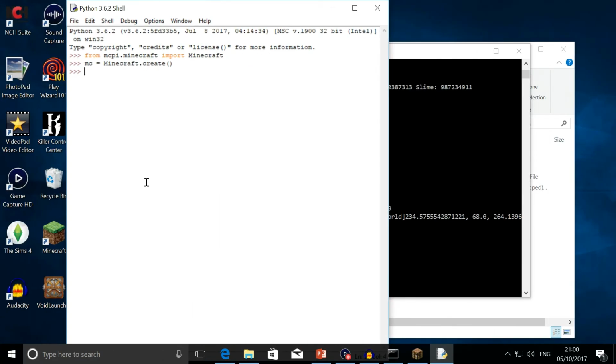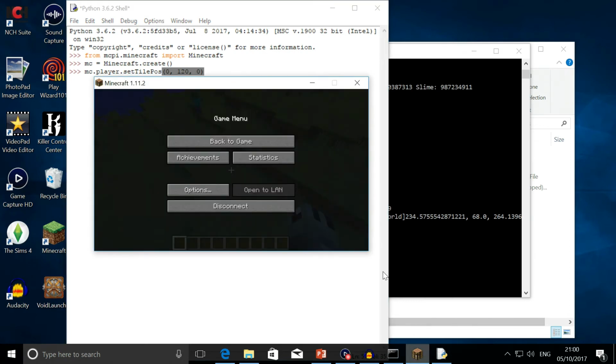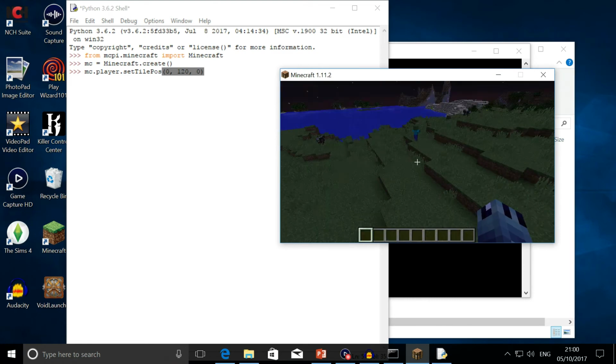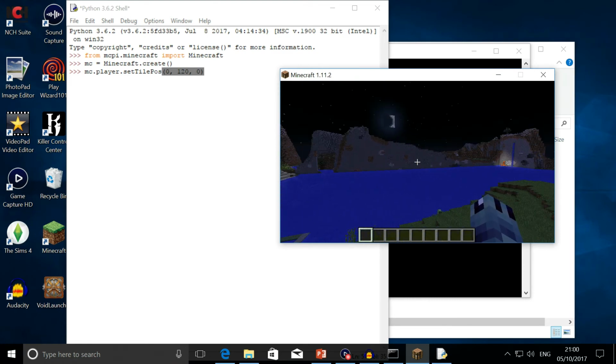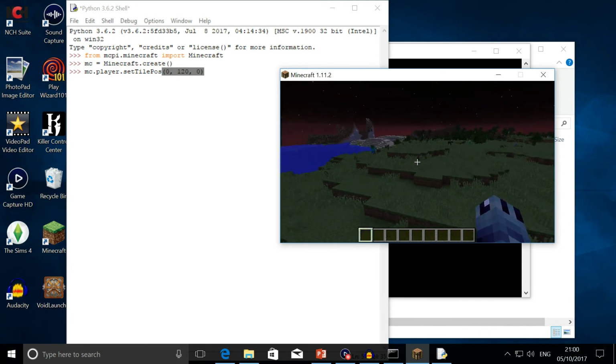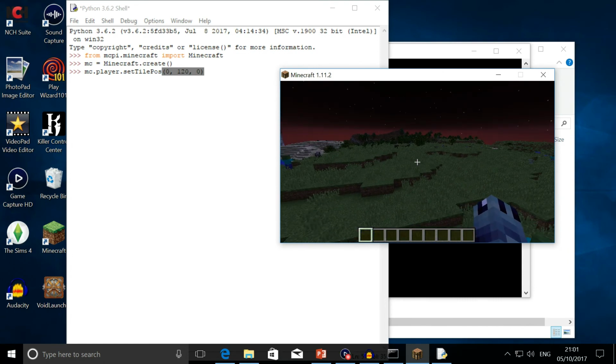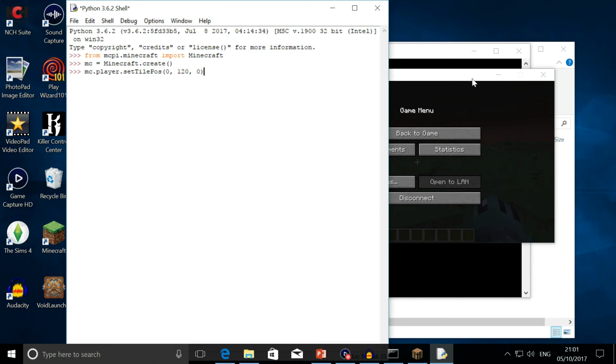However, if you did not get an error message like me, all you have to do is carry on and type mc.player.setTilePos, which is set position, and we're going to type in the coordinates of our brand new position, which will take you to a completely different place and put you there in the air. So for example, if we quickly look at my Minecraft, as you can see where I am, just a blank sheet of stone right there, and we've got some grassland here. So remember this place. Now if we click enter here,